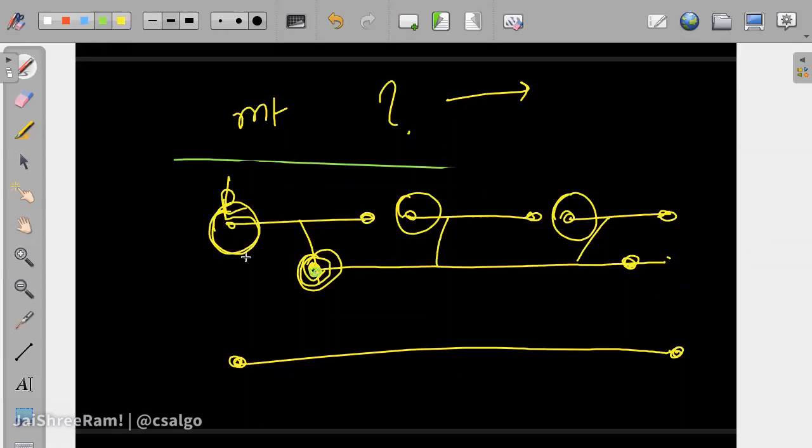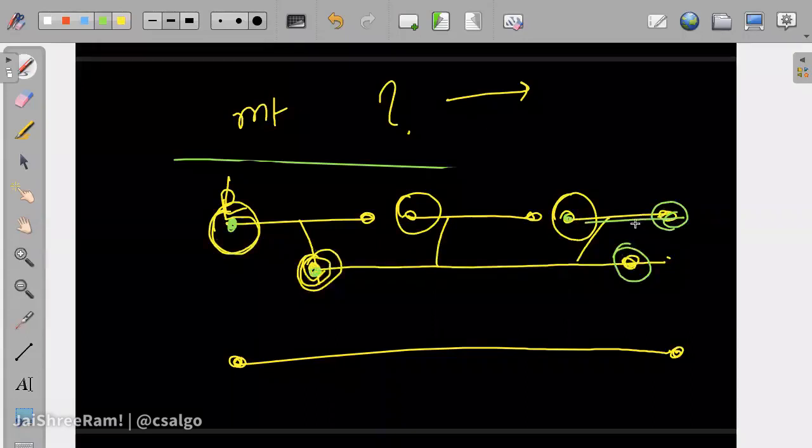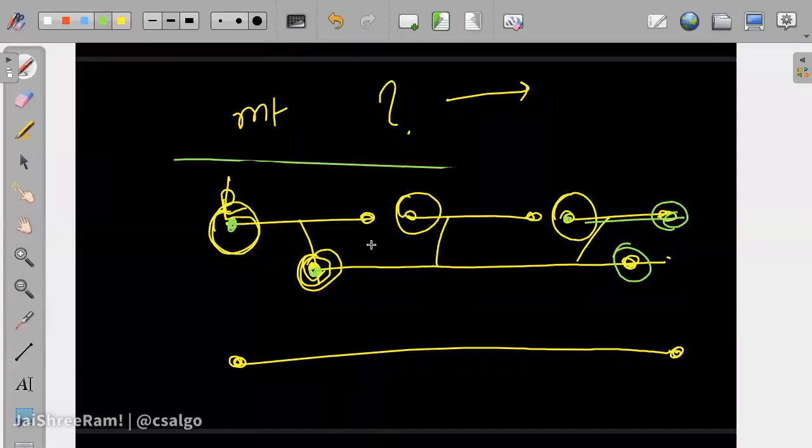So for this particular point, we want to find the range that starts before or exactly equal to it, and ends after it, so that it gets merged with it. There can be only 3 types of segments: one which starts before it and gets merged with it, one which is completely inside it, which we have to remove from the multiset, and one which starts before its end and ends after it. In that case, we have to keep the end up to that point. So these are the only 3 cases that you need to handle, and we will try to handle each of them individually.